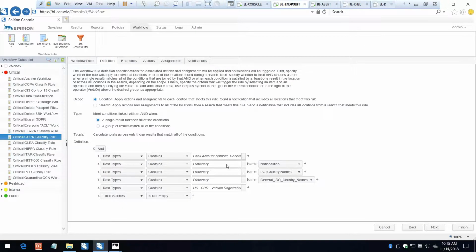And I've also said, okay, I also have a list of nationalities or country names that my organization deals with very frequently. So I want to make sure I include that snapshot of information that I know very well that we collect, and apply it to these processes of finding this data, which we also do very well. So by combining these types of information together, you're basically honing in on a very specific type of information you're looking for. That can help drive you to actually understanding and identifying the subjects who are related to that information. So the information subject owners, or the people, the individuals that data pertains to.